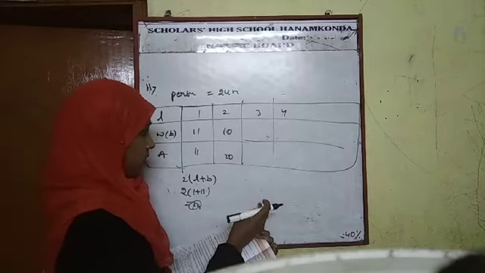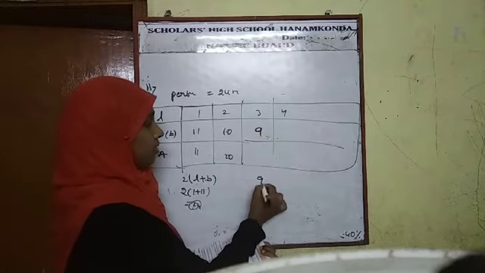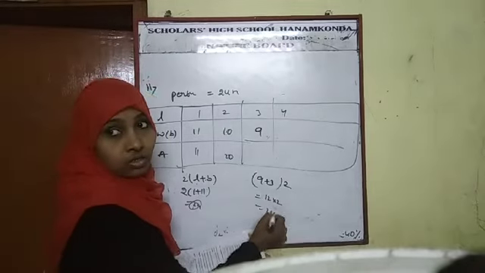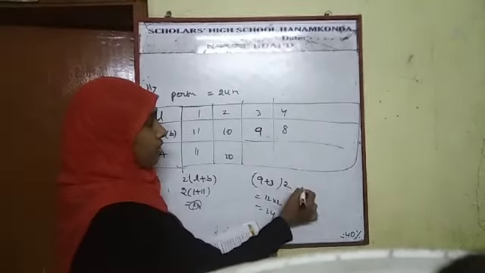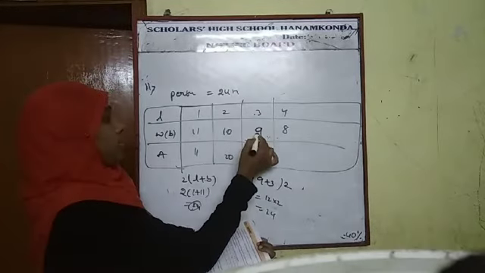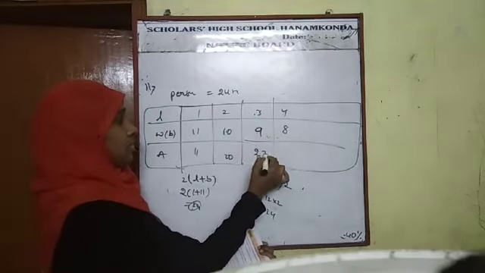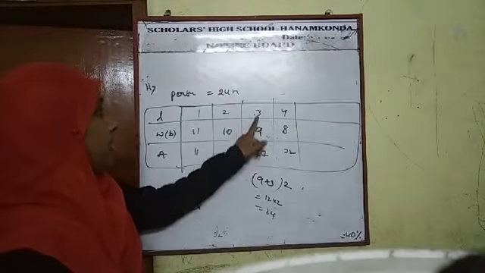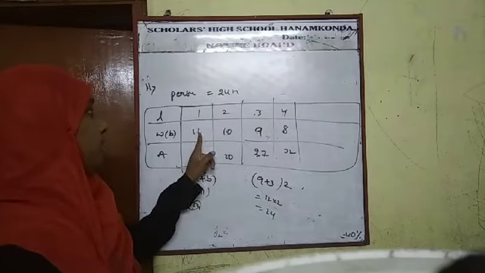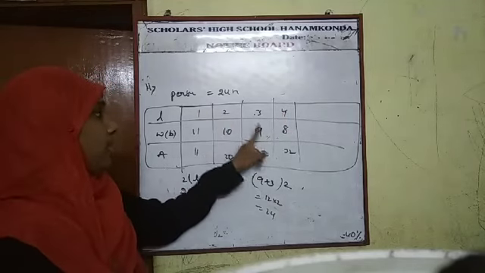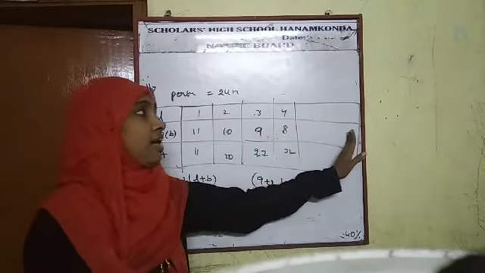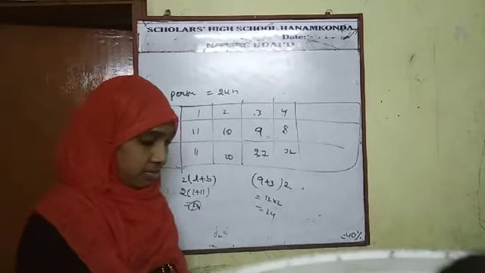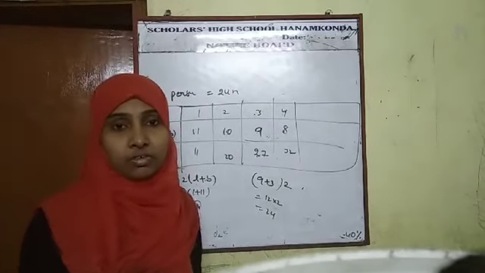Okay. If you take 9, 9 plus 3, 12, 12 twos are 24. If you add 8 plus 4, 12. If you multiply length and breadth, you get the area. 9 threes are 27, 8 fours are 32. This is how you have to find out. 11 plus 1 is 12, same as 10 plus 2 is 12, 9 plus 3 is 12. You are decreasing the values. If you increase this, you are decreasing the values. Now you have to complete this same like that only. In this session this much is enough. Thank you so much.